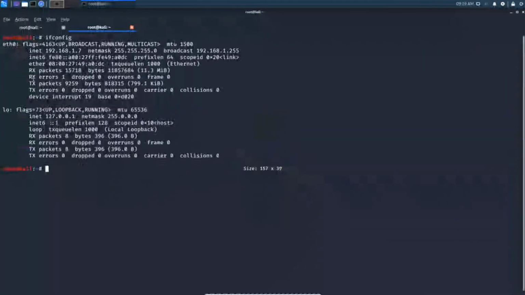If you want to adjust the destination, you can do that too: a.dst equal to, and you enter your IP address here. Let me check my IP address with ifconfig. 192.168.1.7 is my private IP address.